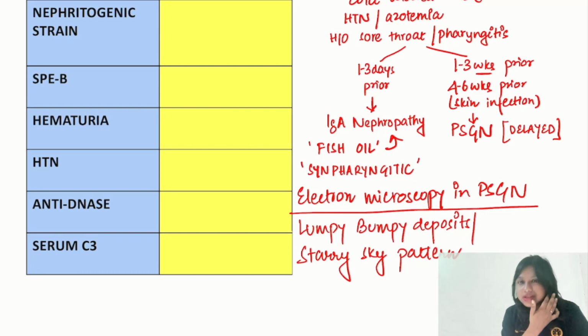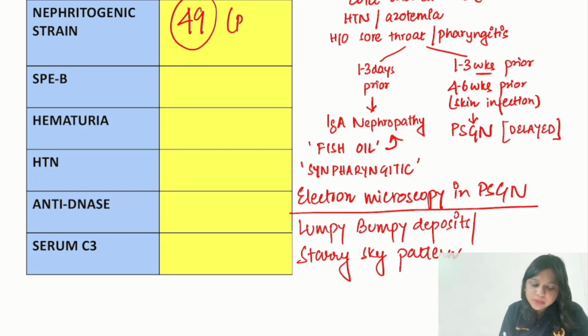So PSGN is basically because of group A beta hemolytic streptococcus, the same as that of acute rheumatic fever, but in acute rheumatic fever we have the rheumatogenic strains, whereas in PSGN we have the nephrogenic strains. Okay, so what are the nephrogenic strains? We have 1, 4, 25, 49. Remember one thing that is usually asked, that is 49, that is after pyoderma